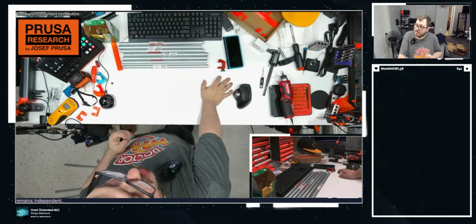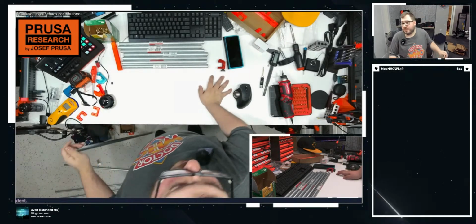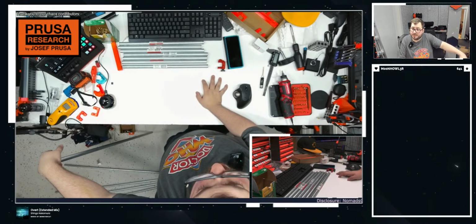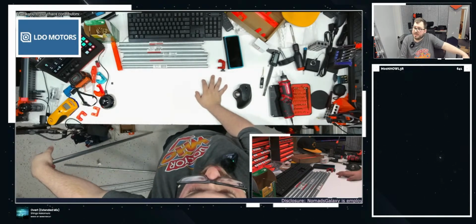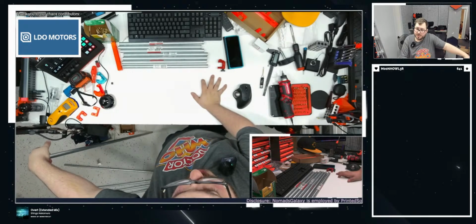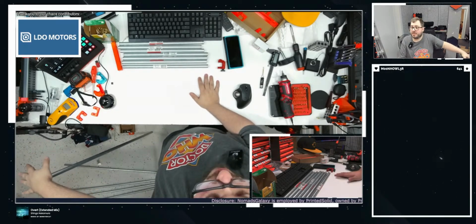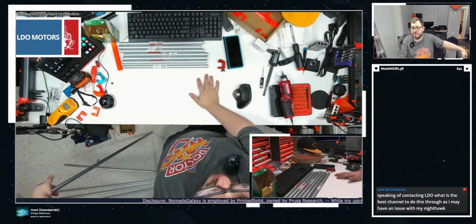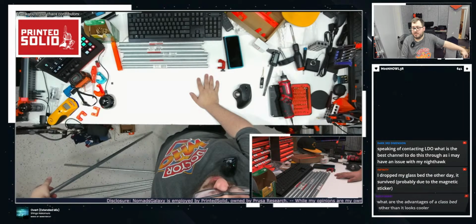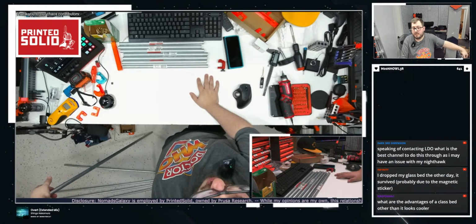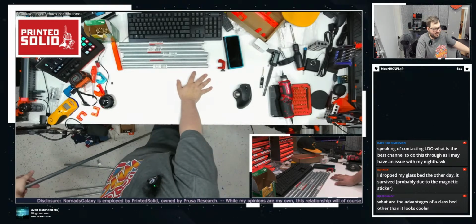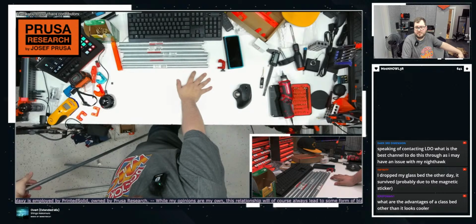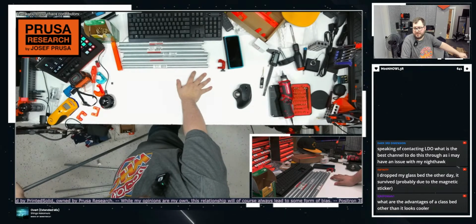It is never fun. For example, when you get a blob of death on some printers, that is not covered under warranty because you're supposed to be monitoring and observing your printer. I'm not talking about Positron warranty. Let me be very clear. I'm not talking about Positron warranty. So if you get a blob of death, that's not covered under warranty because the print failed.